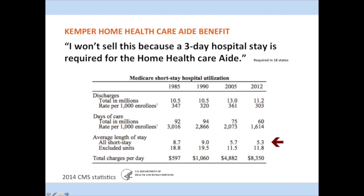But I went online, I looked at the Department of Health and Human Services, the CMS 2014 stats of the average stay for Medicare patients. And these are short stay hospitalizations. So the average stay in 2012 was 5.3 days. Now, granted, that means some people will stay less than 3 days and some people will stay more, but when you look and you go, I won't sell this automatically because they'll never meet the 3-day hospital stay,